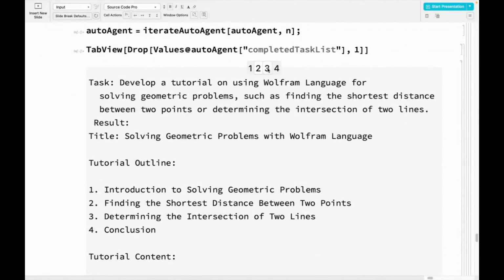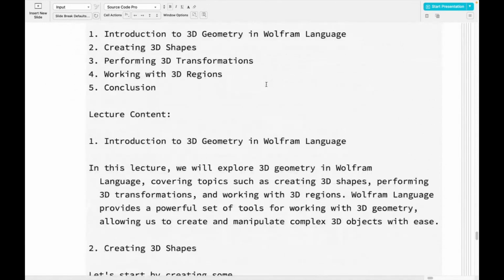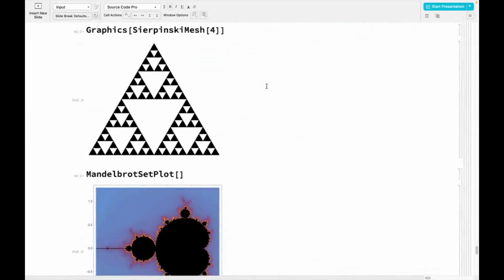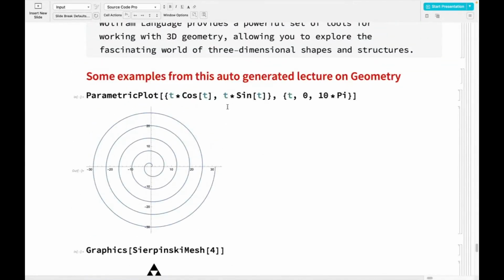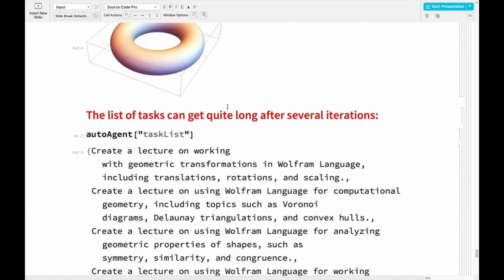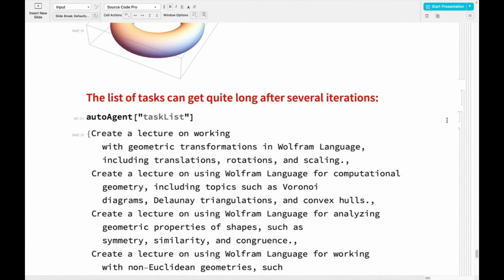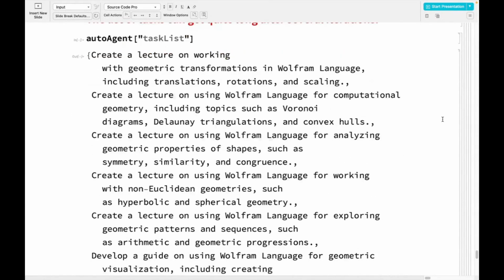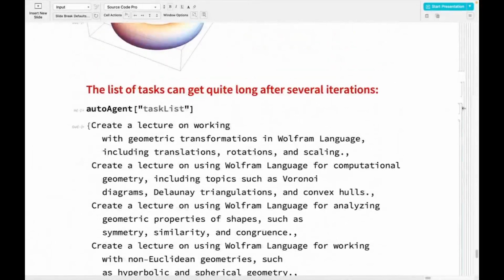And I was getting a bunch of different lectures with Wolfram Language code within them. And I think at the end I have some examples that it created using this system. And at the end, we can also check the number of different tasks or sub lectures that it was creating. So if I was running it for many more iterations, it would pick up some of the